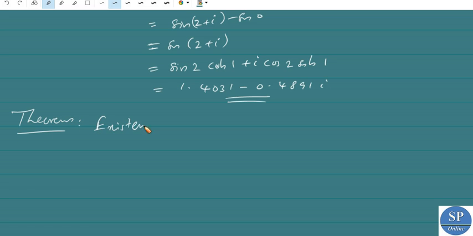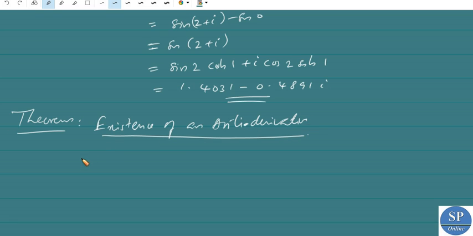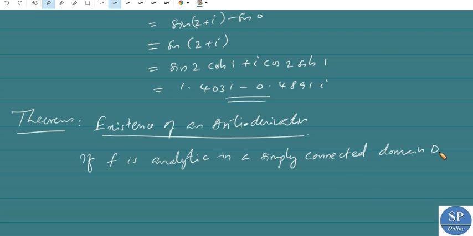Existence of an antiderivative. Okay. This theorem states that if f is analytic in a simply connected domain D, then f has an antiderivative in D. That is,